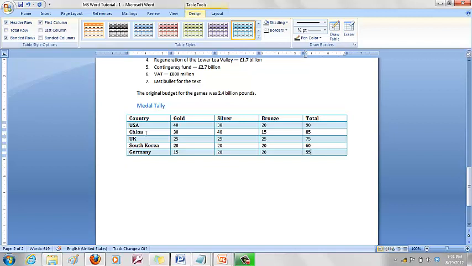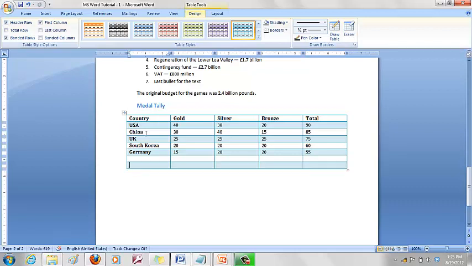Now if you want to add more rows, all you have to do is press the Tab key. After you go to the last column of the last row, press the Tab key, and it automatically opens the next row. I'm doing another tab, another tab, and it will open another row. So that's how you insert rows.